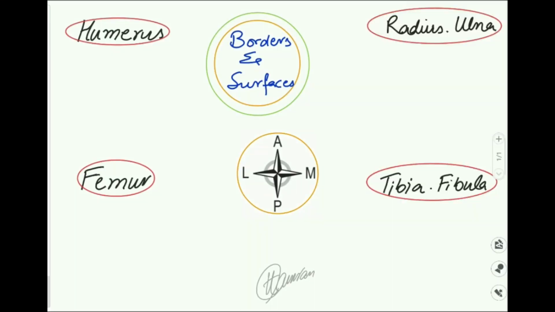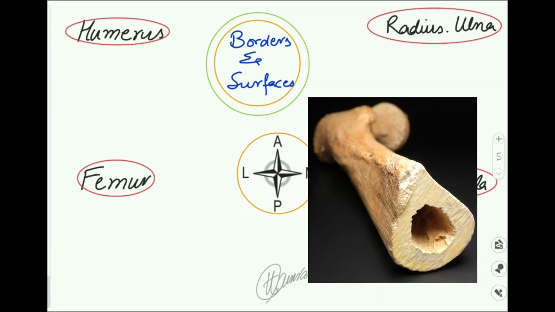Now I will show you how to easily remember the borders and surfaces of the long bones. For this, you have to note down this: the anterior side, this is the medial side. Whenever I draw, this will be the lateral side and this will be the posterior side. The second thing that you have to remember, whenever we take a cross section of a long bone, it is triangular in shape. So first I will show you the humerus cross section and the cross section of the femur, how